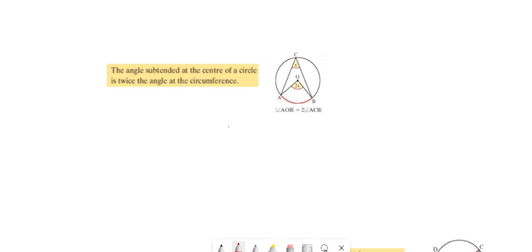So the first one here is that the angle subtended at the center of a circle is twice the angle at the circumference. To explain it a little bit, if you were to take an arc on a circle, an arc would be around there like that, and we'll take the 2 points at the ends of it. If I draw a line to the far side of the circle, it could be anywhere along it, and then from the other one,